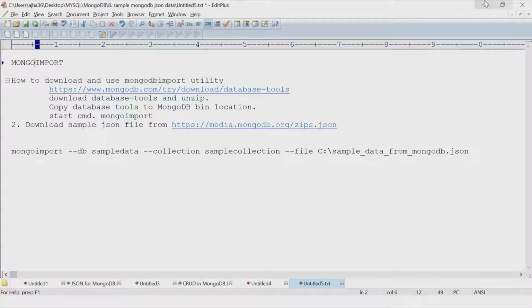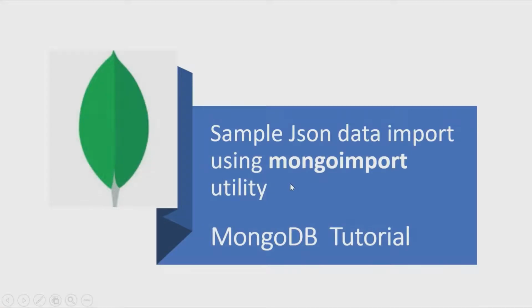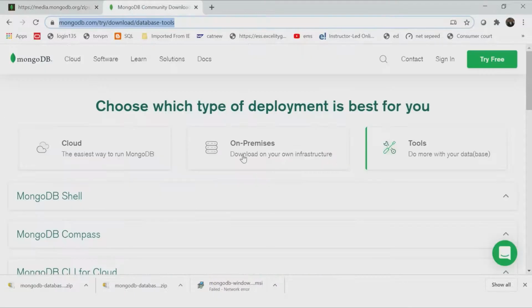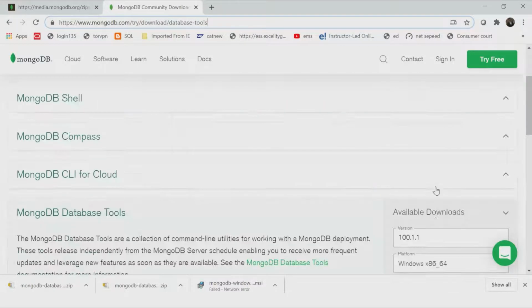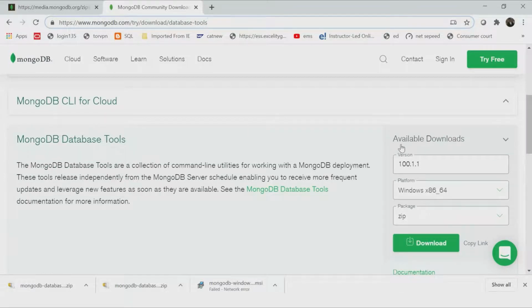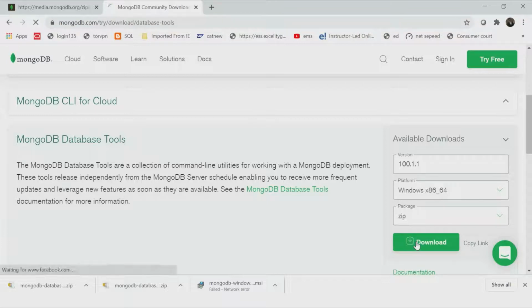So what we will do is we will go to Internet Explorer, or in my case it is Chrome, and we'll just say mongodb.com/try/download/database_tools. So what happens by default, a Mongo import is not included in your installable directory, so it is not available as such. So what we will do is we will go and download the MongoDB database tools. So you can see the available download. You just press the download, and it is a zip file